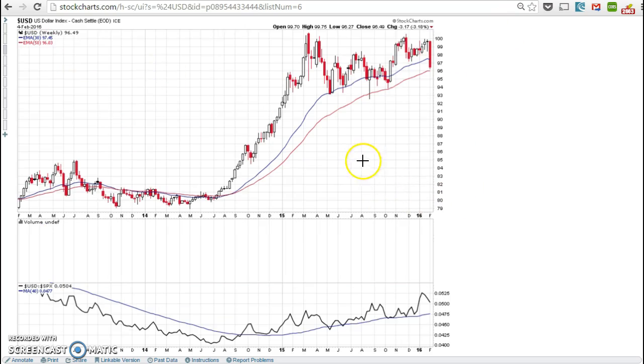Finally, the U.S. dollar. This is an important chart because the dollar was really the force that's been holding down the gold market for the last couple of years, and the dollar has just been absolutely massacred this week. I did a video back in March last year talking about this parabolic top in the dollar and how it was very ominous, this parabolic move that's typically unsustainable, plus the euphoria on the US dollar was probably going to lead to a stage 3 topping formation for the US dollar, and that's kind of what's happened,